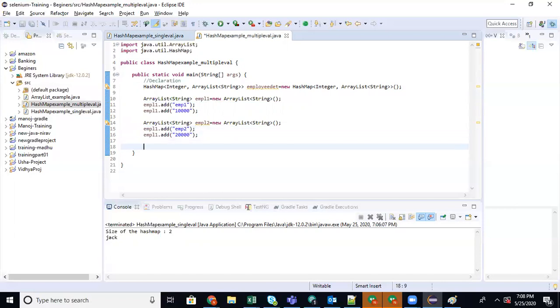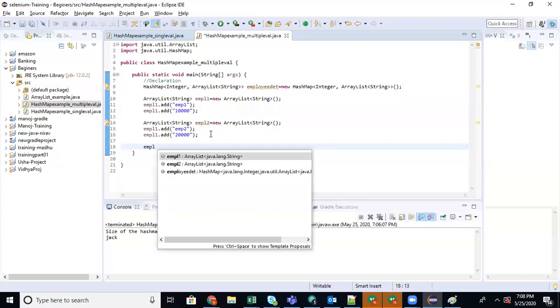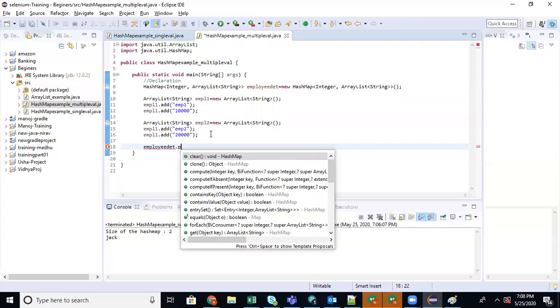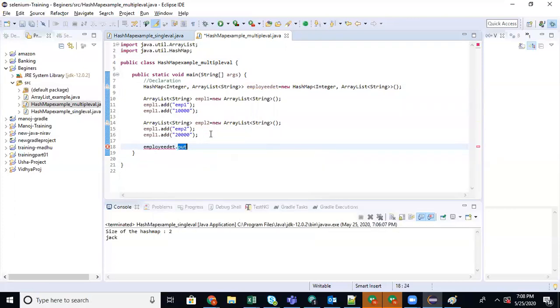Value is ready. Now let's map with the key. employeeDetails dot put. The key is employee ID, I'm just giving 1001 comma array list of employee1. So what will happen? 1001 will hold the values of this array list.